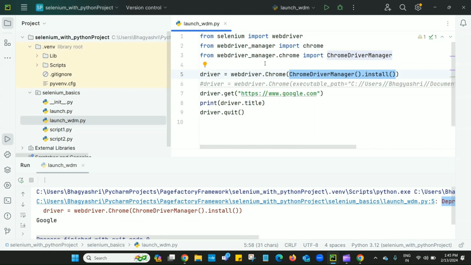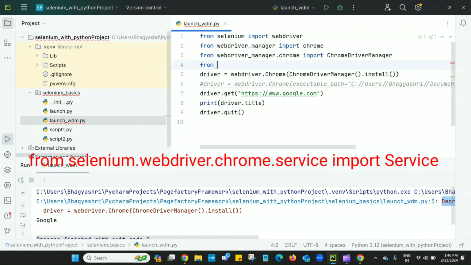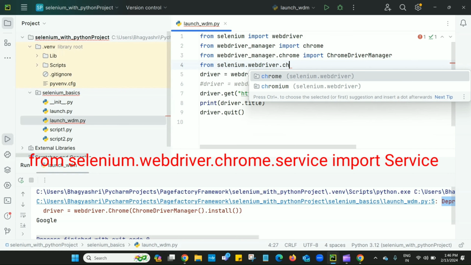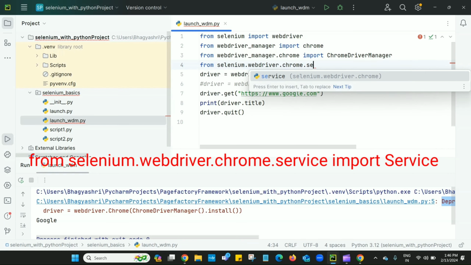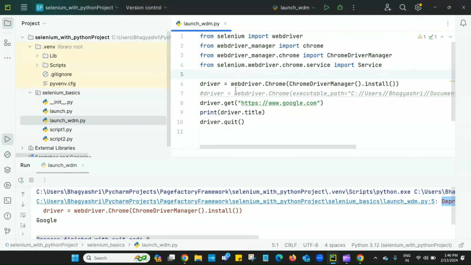So let's see how to use the Service class. We have to import it from selenium.webdriver.chrome.service, meaning from this module we are importing the Service class.